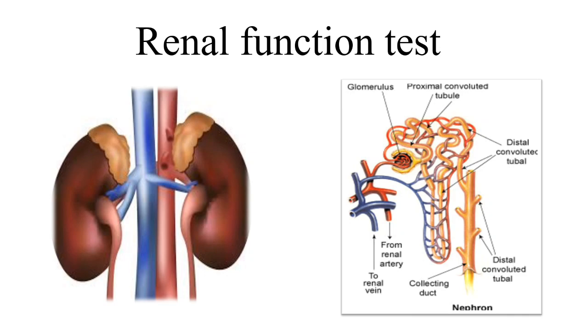I think you all know the anatomy of the kidney, what the nephron is, and the parts of the nephron, like the glomerulus, proximal convoluted tubule (PCT), distal convoluted tubule (DCT), and loop of Henle. So how is urine formed? I think you know how urine is formed from your physiology class.